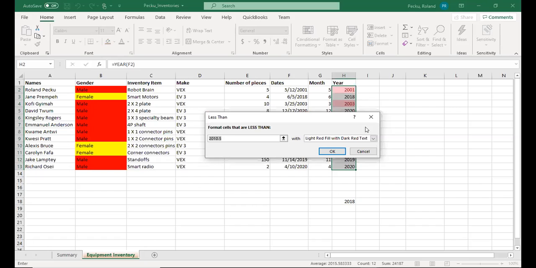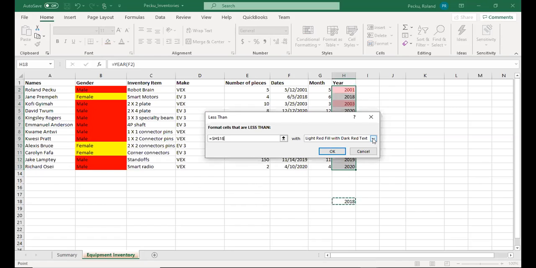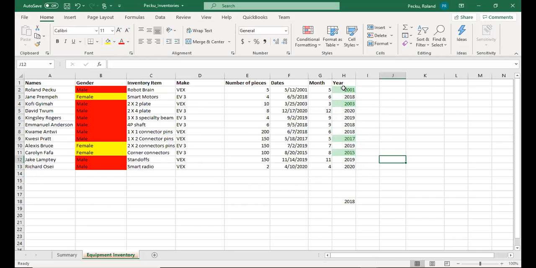So it's going to select all the years listed in this column that are below 2018. So I need to reference this to the cell that contains the reference value. I can change, let me use a green. Okay, and as you can see,